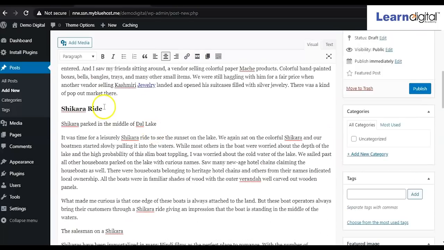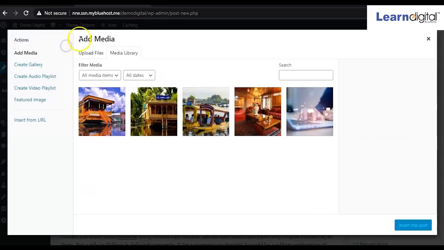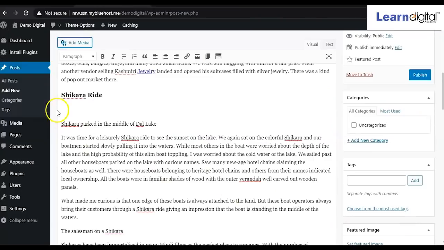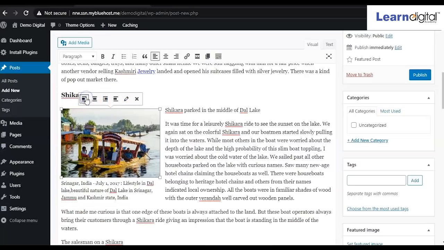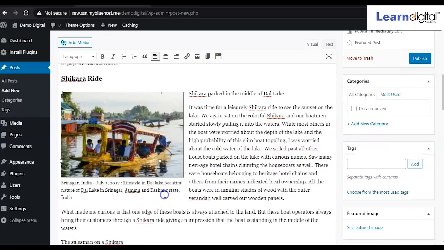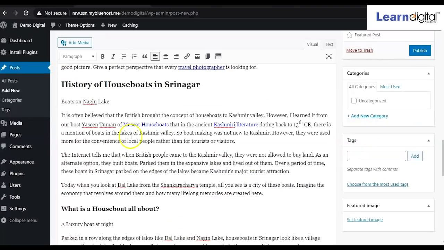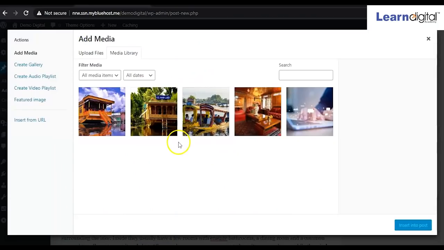And one more image, suppose I want to add over here. So simply I'll click on add media. I'll click on this and I'll paste it, right? This I want to make at the left, right? So like this one you can adjust it. Now we'll take one more image, here I want to add an image.